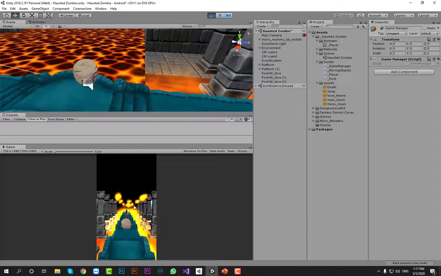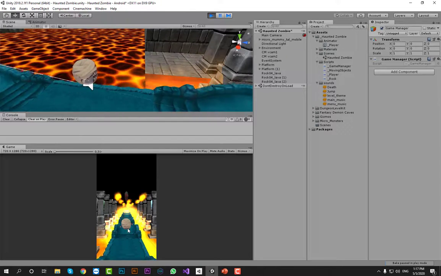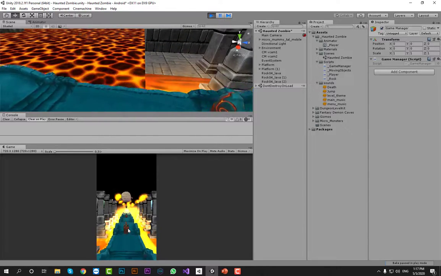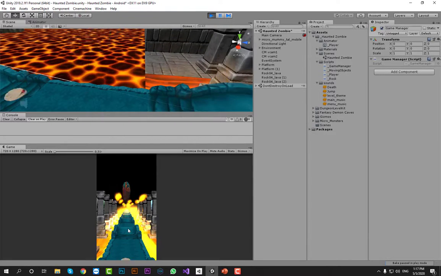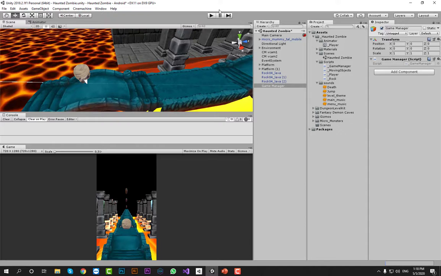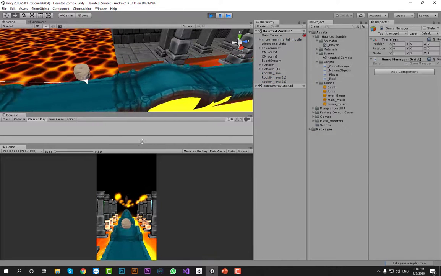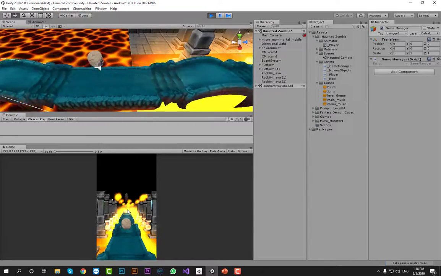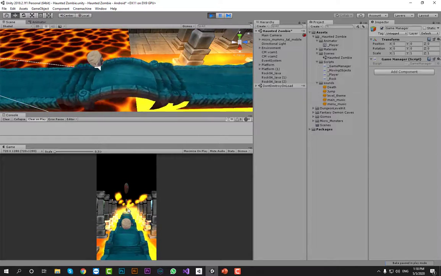When the rock will collide with player, everything will be stopped. So let's check it. Everything is stopped. The platform is stopped. The rock is stopped. Now the one thing I have to do, which is when I will press play, the rock is moving. Either I have not pressed any button or I have not clicked.